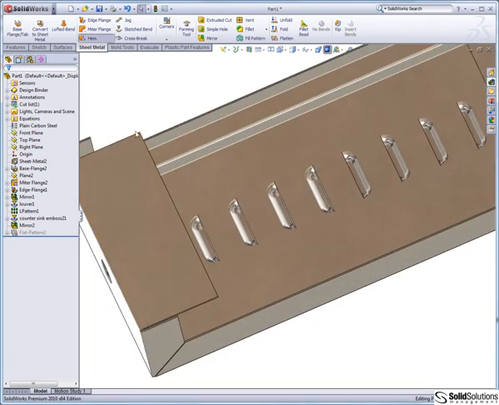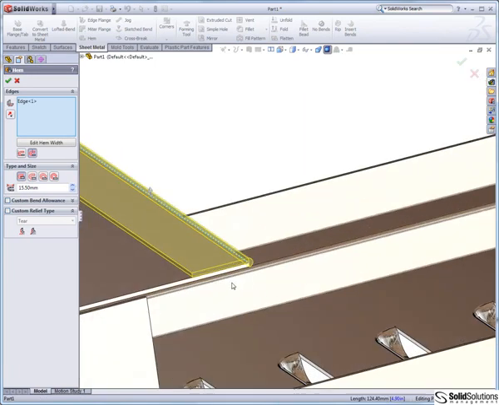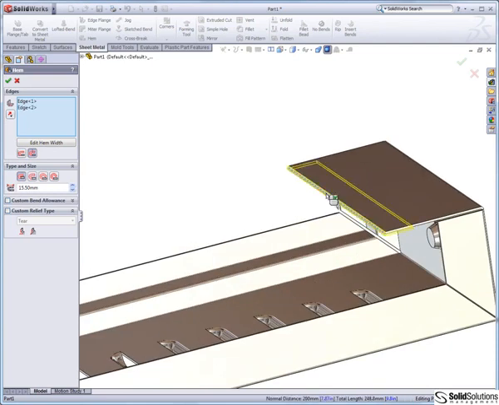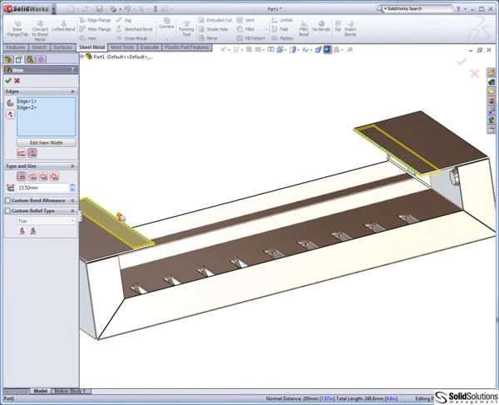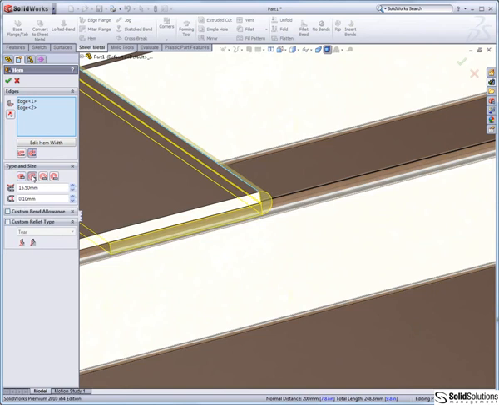Just before we get to the flat pattern, I'm just going to add a safety edge or a hem. We've got a few different options in here. If we have a look at the preview, just add one onto the second side as well. You can see we've got full control over which direction it goes in, and we've got 4 different types of hem that we can add with different dimension values popping up